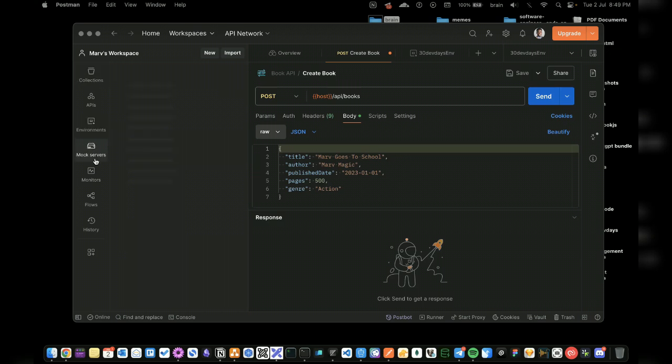Mock servers. We can create mock servers for our APIs and basically for our team to test, even though we don't have the actual server implemented. This is just to test run, maybe from the front end. The front end can connect to a mock server and play around with the API, even though the development of the actual API is not completed.